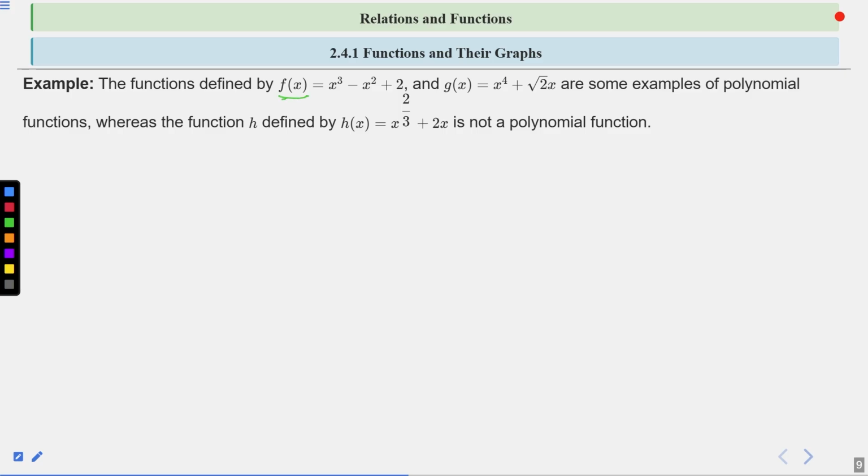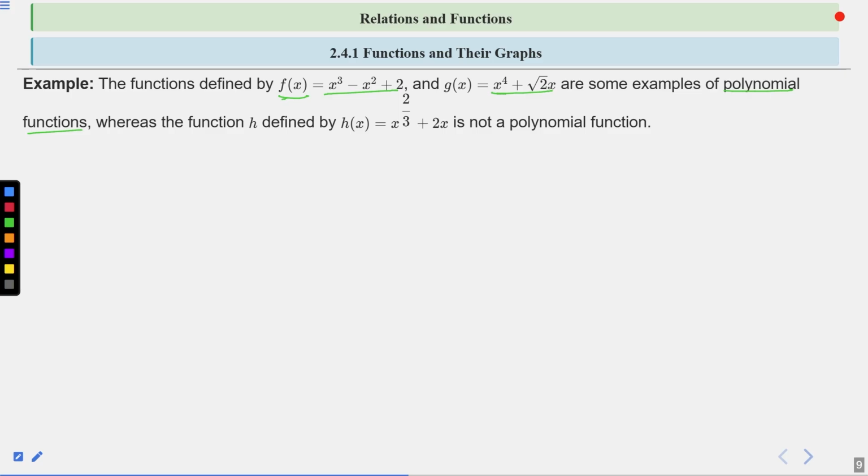If f(x) is written like this, x cube minus x square plus 2, and g(x) is x raised to power 4 plus root 2 times x, these two given functions f(x) and g(x) both are examples of polynomial functions. Why? Because they are of the form a0 plus a1x plus a2x square till